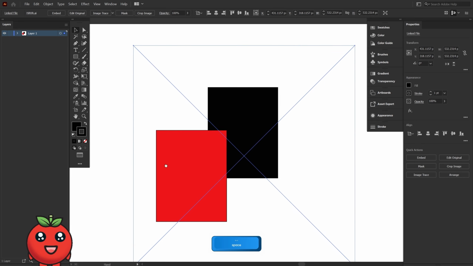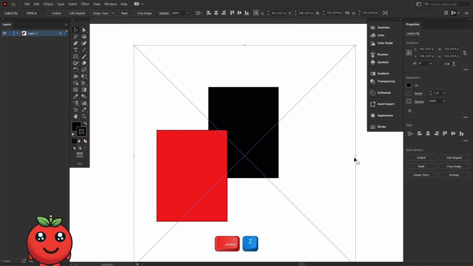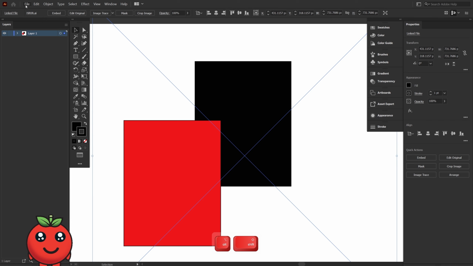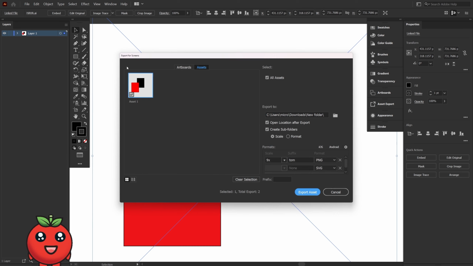So you can also import PDFs over here, but this is for vector images. After that, we have export. So I'll be just bringing back my squares like this, and now I'll be just exporting. So if we click on export selection, it will be only exporting our selected item, and these formats